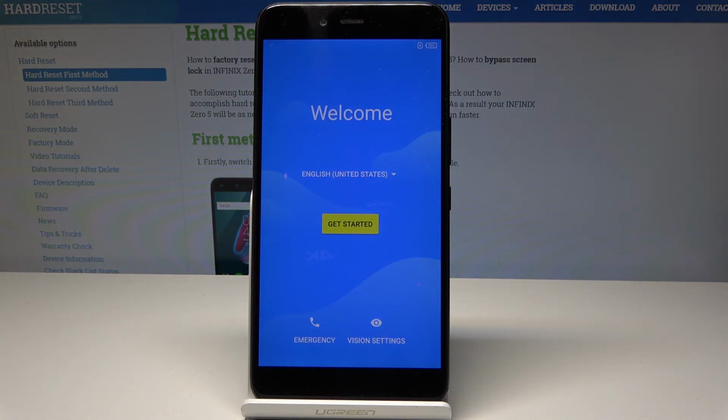Excellent, as you can see, the welcome panel just pops up and there is no pattern or a password, so you can start easily